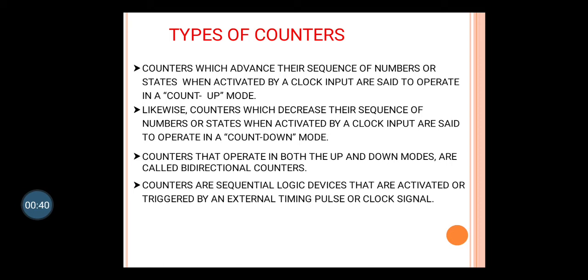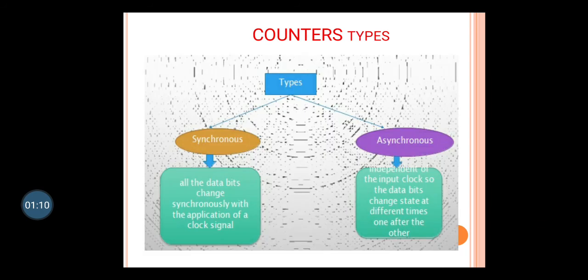So we have already studied the different types of counters, that is asynchronous counters and synchronous counters, the basics. Both asynchronous and synchronous counters have an up counter and a down counter. An up counter starts from 00 and goes on increasing one by one, and then again comes to the initial state. A down counter starts from a higher value, decreases one by one and comes to the initial state. So counter types are synchronous and asynchronous.